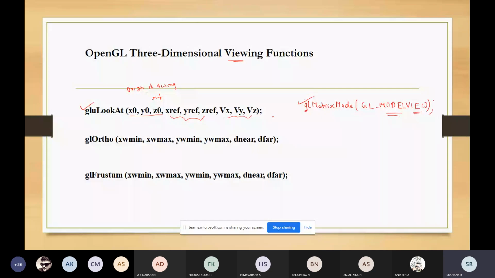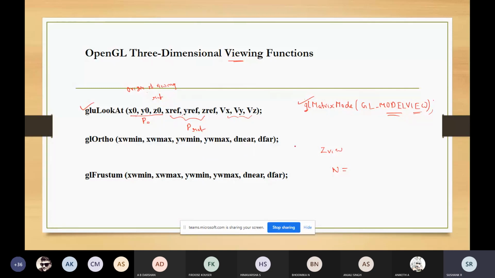So what is the z view axis? We have z view axis, no? So that will be in the direction which is given by the difference between this P naught and P reference. So how you can calculate it: this is represented by P naught and these three coordinates are represented by P reference.